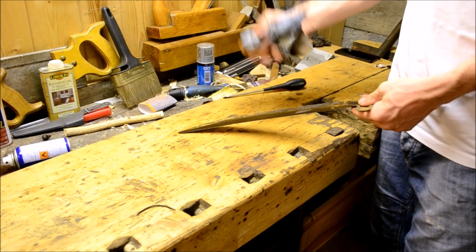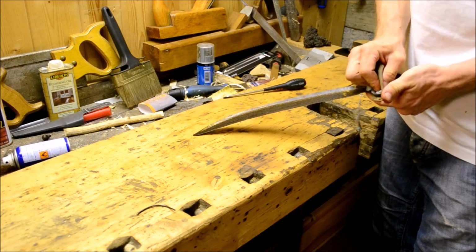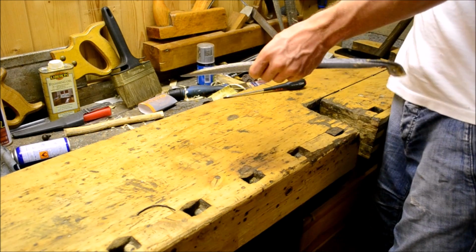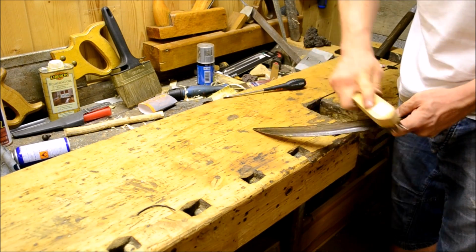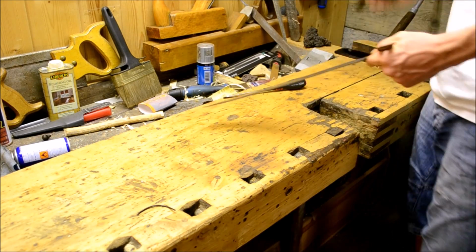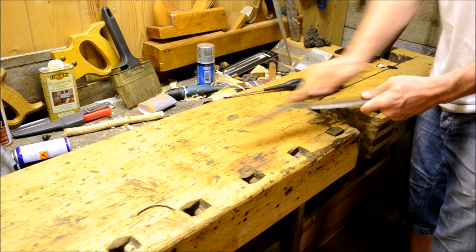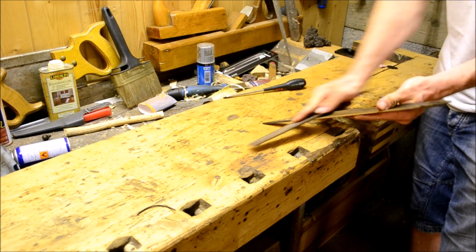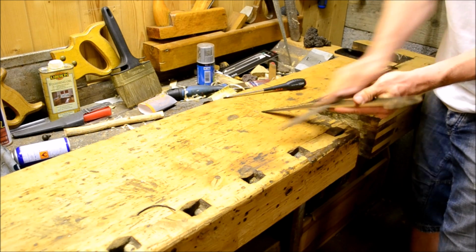Using a bit of WD-40 to loosen up some of the grime. As I said, the blade itself is fairly beat up. I mean, the edge itself, nothing too major, but definitely a good amount of chipping, and there's a bit of a kink in the edge itself that I will be cleaning out later in the video, just to kind of clean it up a bit. I don't mean to polish it all the way back to shiny metal, because I will be painting it over with lacquer anyway, but just to establish that